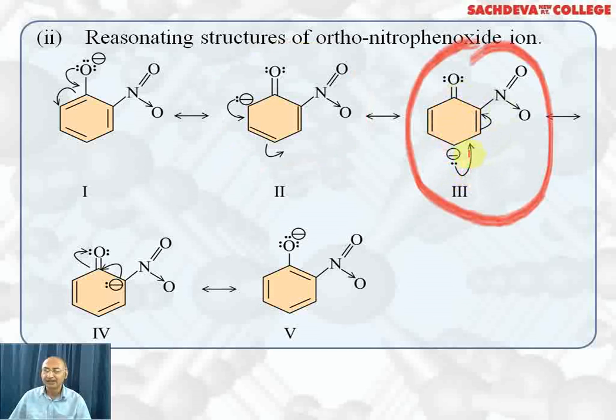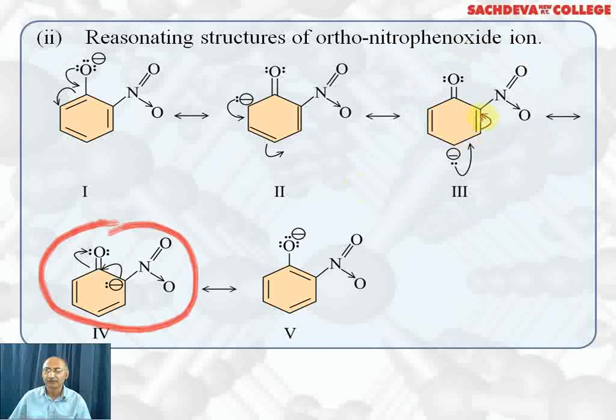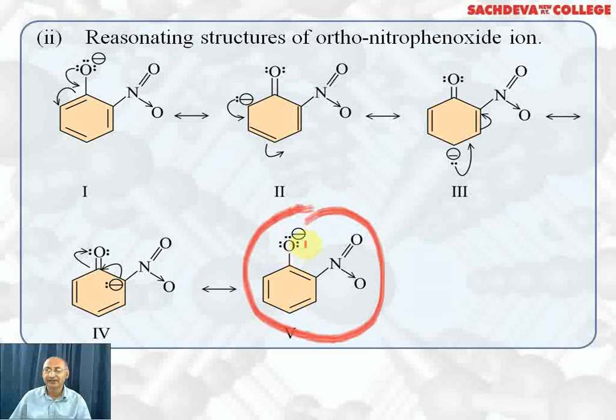This negatively charged ion, that is, two pairs of electrons take part in double bond formation. A pair of pi electrons shifts to the ortho position, getting negative charge at the ortho position. Then the nitro group is attached to this group. This negatively charged carbon therefore stabilizes it by reducing the negative charge. Ultimately, this negative charge results in the formation of a double bond here and the pi electron shifts to oxygen back, which gets its negative charge again, and we get the fifth resonating structure of ortho nitrophenoxide ion.